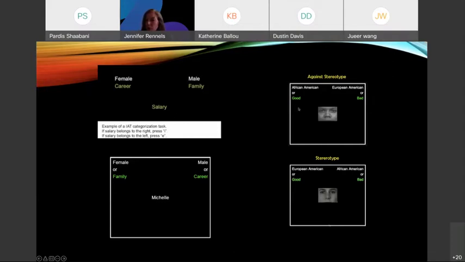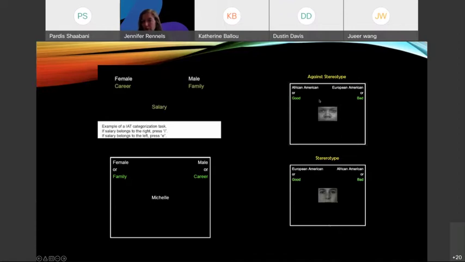Similarly, when you're looking at implicit racial bias, there are certain things that individuals need to do, like sort images. So here is an image of an African American face, and do they sort it to the left or the right side of the screen? And when it's African American or good is here and European American or bad is there, how does that impact